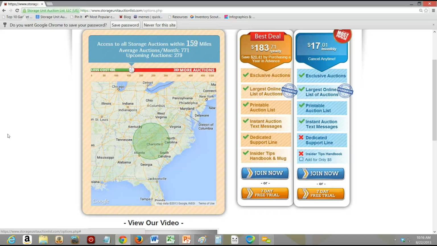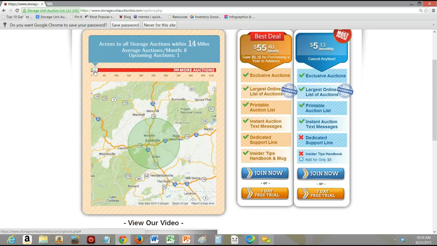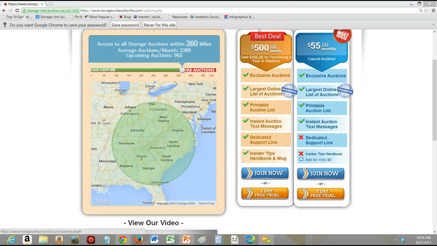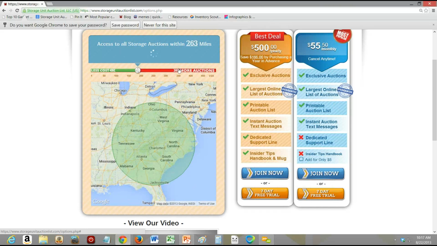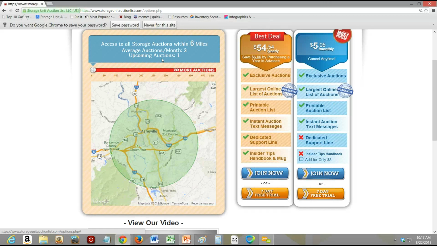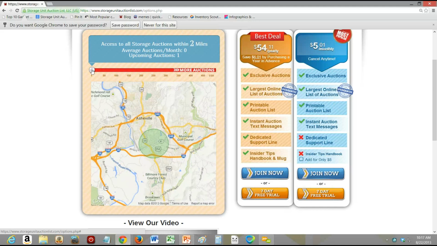So as we just looked at, when I used the zip code locator tool, I scrolled in and out using this slider. So that gives me only a few miles. This gives me more miles. So this lets you have more flexibility because it allows you to select exactly how far you're willing to travel to attend auctions. So we can see here that this is within 6 miles, and you can even do less miles than that. It can go to just a few miles, 2 miles even. Or you can scroll out